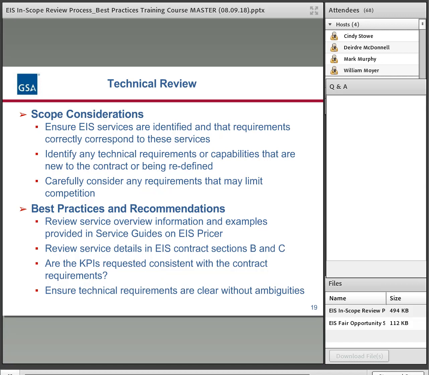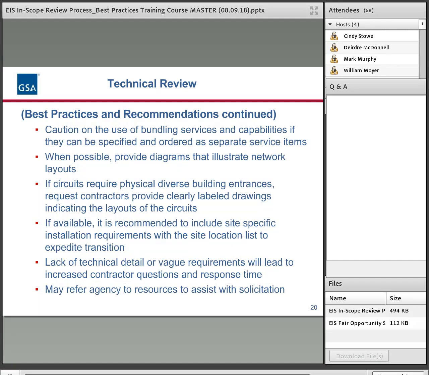So continuing on. One thing that we'll look at is if you're bundling services. Bundling has a place, of course, in the task orders, but there's a risk there that things can be obfuscated when it's bundled together.